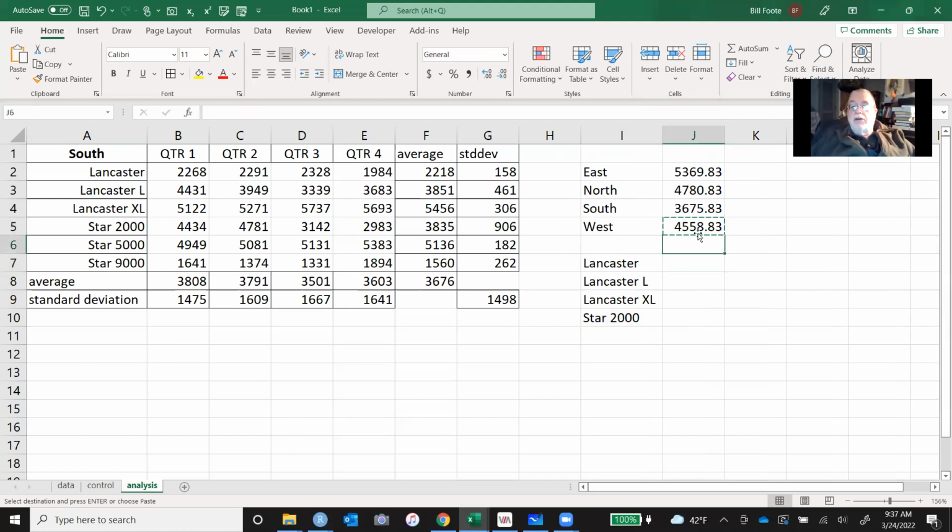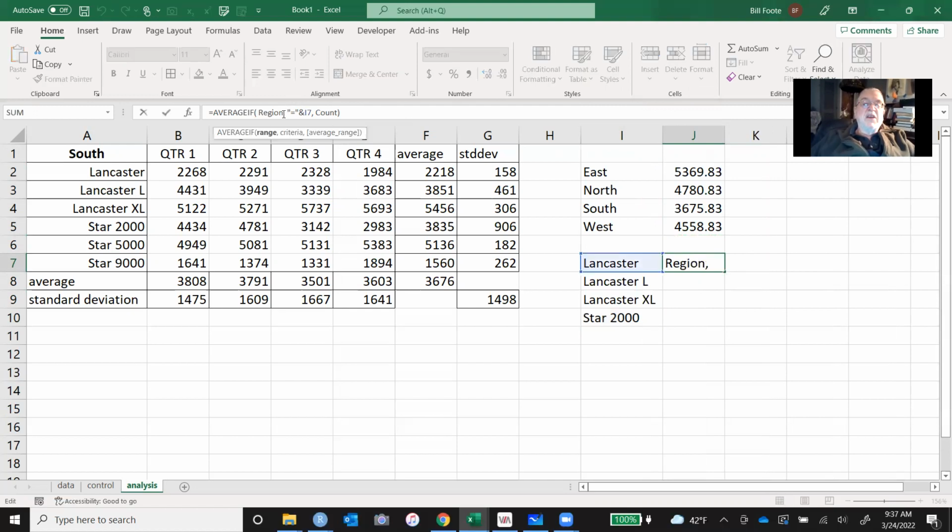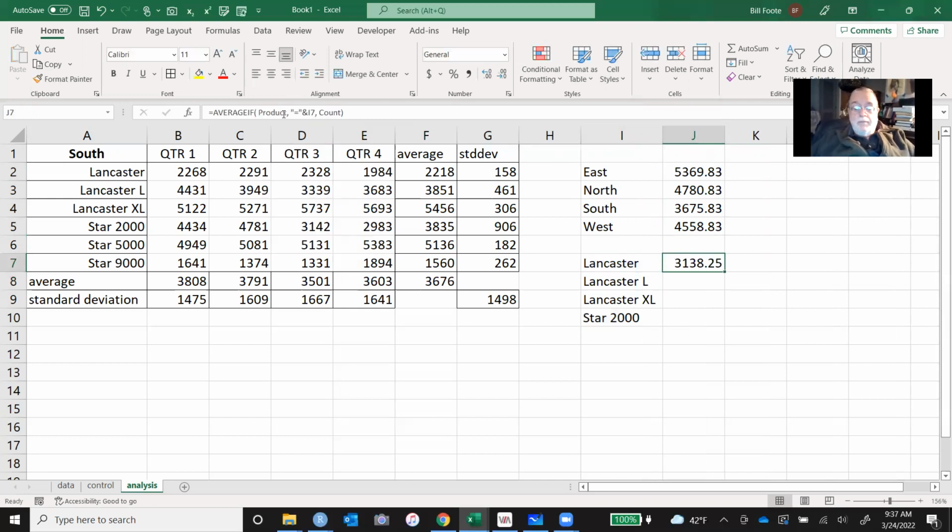I'm just going to borrow this formula here. And of course, it doesn't know anything about region there. What we need instead of region is product. There we go. And these are averages of products in the data across all quarters. And again, we can't get that from this table, by the way. We cannot get that from this table. We would get it from a table. If we had South, we would use Lancaster there. If we had Lancaster, then each of these would only be 4 regions here across the 4 quarters. And then we would be able to tie that all off. Okay, so these would be